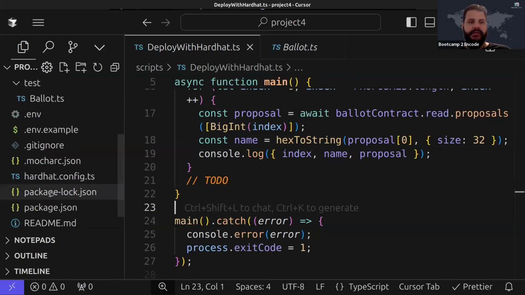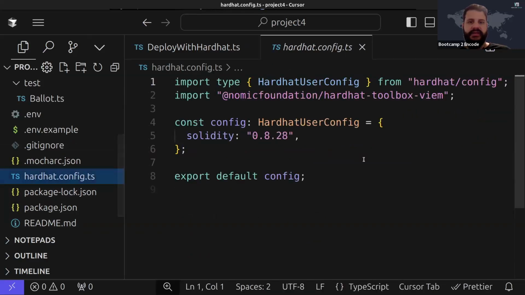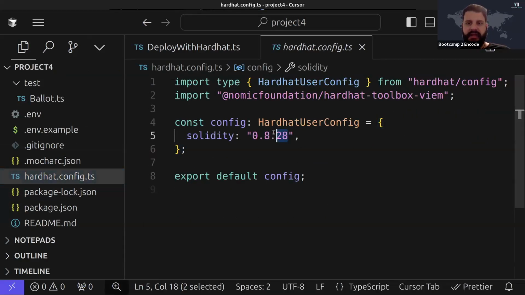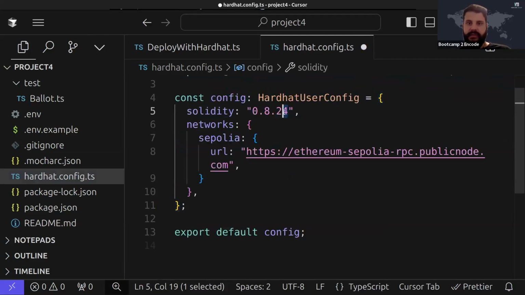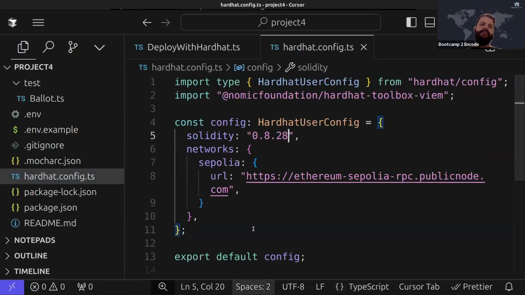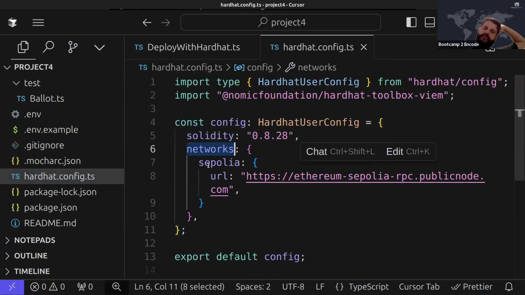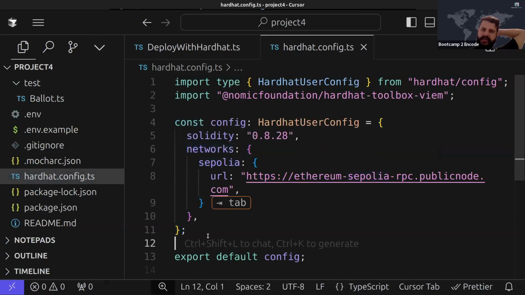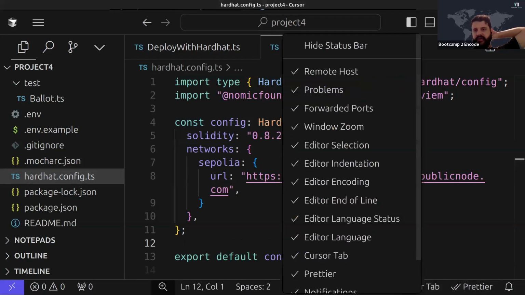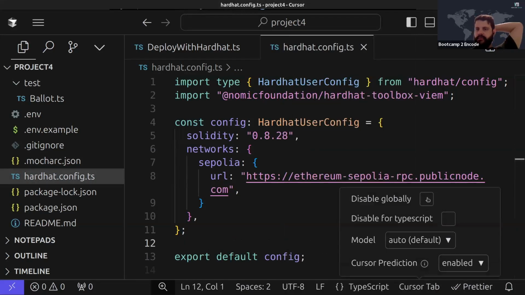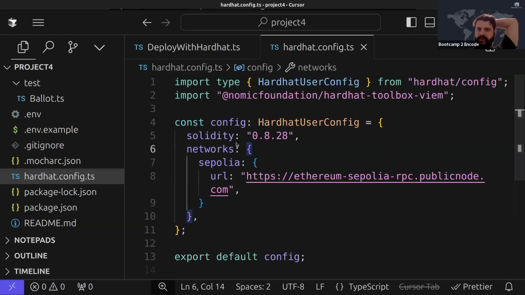Going to pick this file, hardhat.config.ts, and I'm going to change this configuration. I can leave the version 28, okay? Change it back to 28. But the important part is that you add this network with Sepolia here, with whatever blockchain. If you want to use Base, if you want to use Polygon, whatever you want to use, you can put it here,